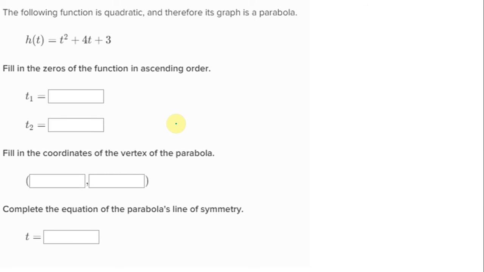Okay, this is what the problems are going to look like in Khan Academy. The following function is quadratic. Therefore, its graph will be a parabola. Find the zeros of the function in ascending order. That means that we want lowest or least to greatest order. Now, to find the zeros, to find my x-intercepts,